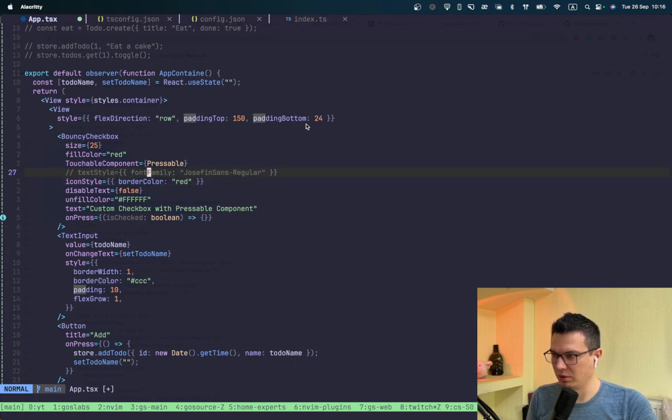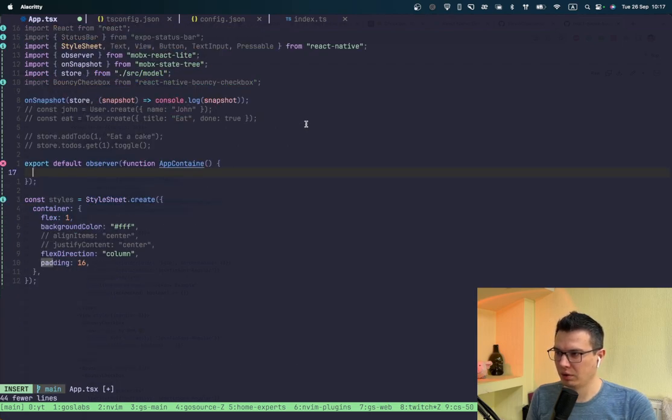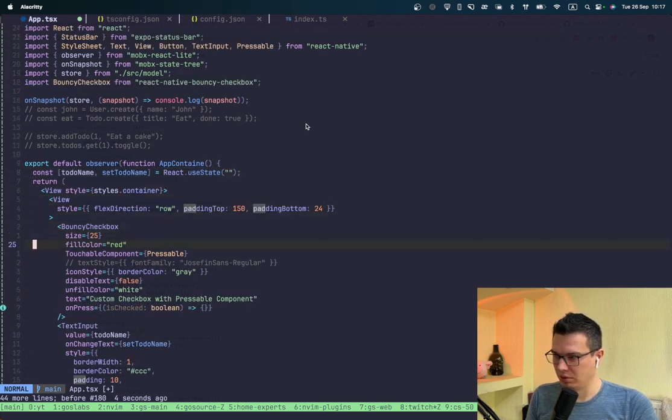Font family, fill, white. And text. Oops. I did something wrong. Yeah. So text will be our